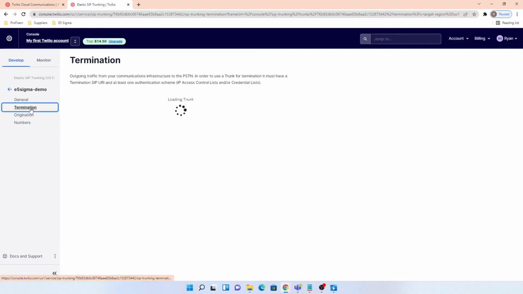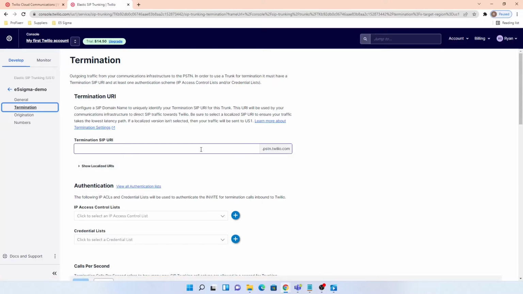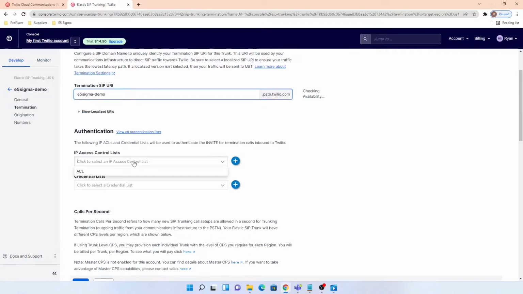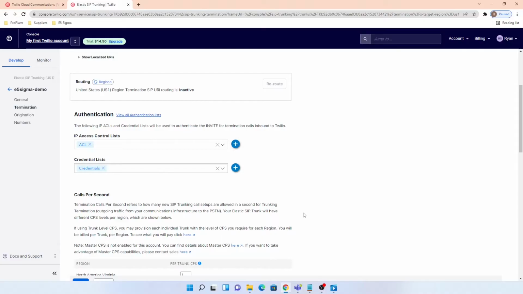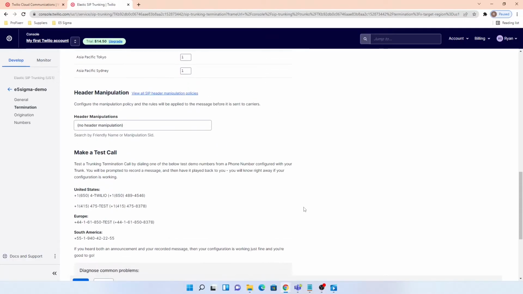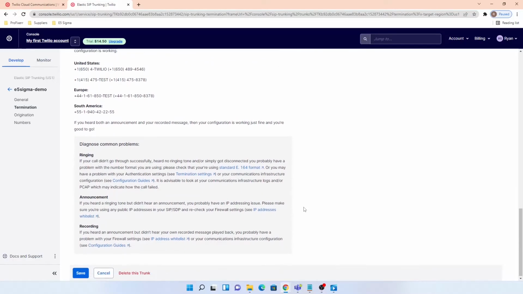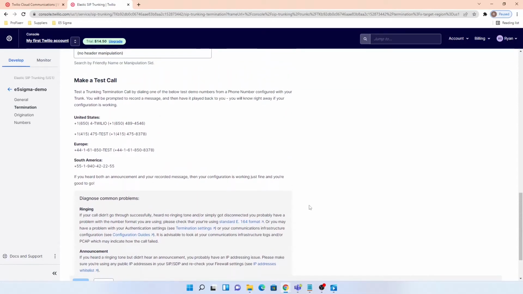Then we'll choose termination from the menu on the left. In termination SIP URI, we'll put the same thing, E5 Sigma-demo. And now we'll choose the access control list that we created earlier and the credential list that we created earlier. We'll scroll down to the bottom here and click Save. Okay. That should be everything we need under termination. Now we'll go to origination,